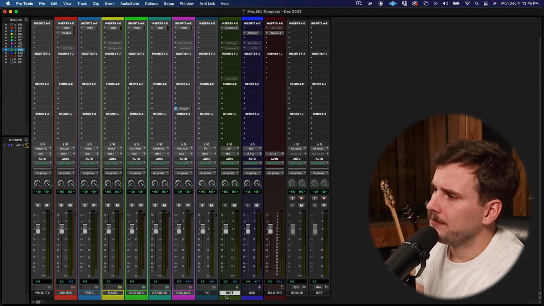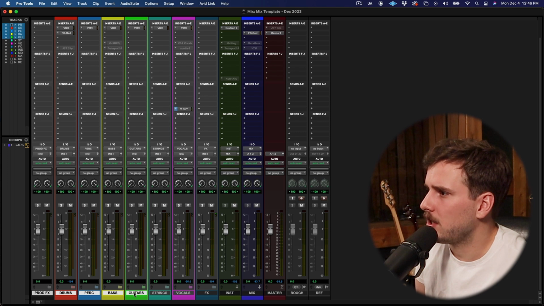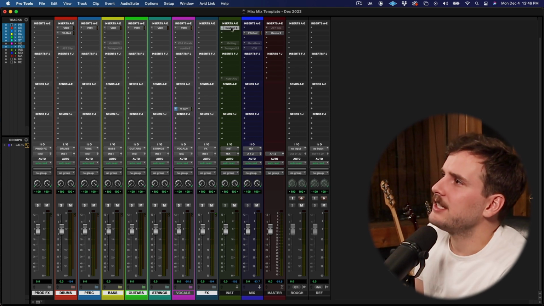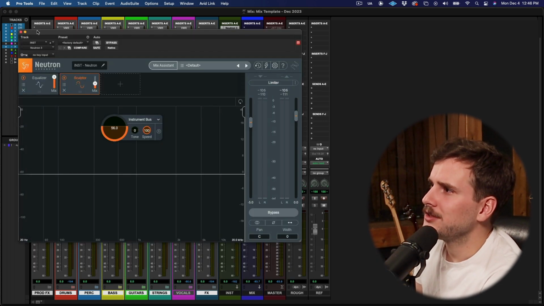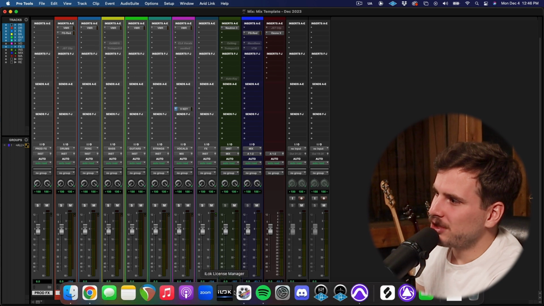So if we keep moving, we have the instrument bus, and as I mentioned, prod effects, drums, perc, bass, guitar, strings, and effects are sent to the instrumental bus. And on here, we have an instance of Neutron 3, which someone just told me to try out, and I've left it on my template ever since, and I'm afraid to take it off. Sometimes on my instrumental bus,